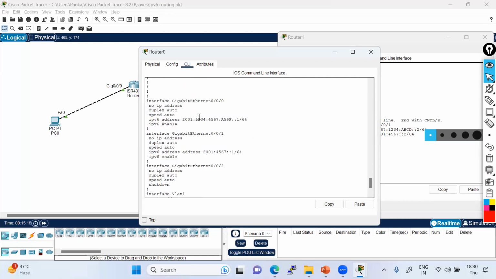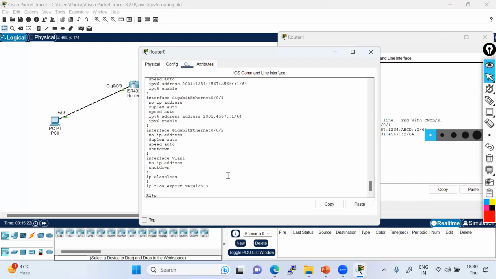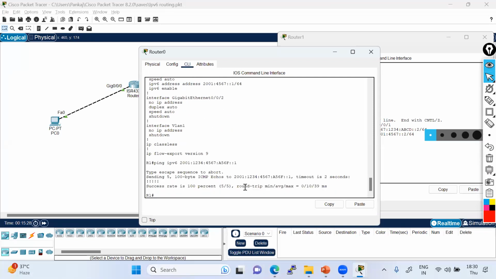Show run. So this is the IP address. Okay. Ping IPv6. Okay. So it is pinging, but another address is not pinging.